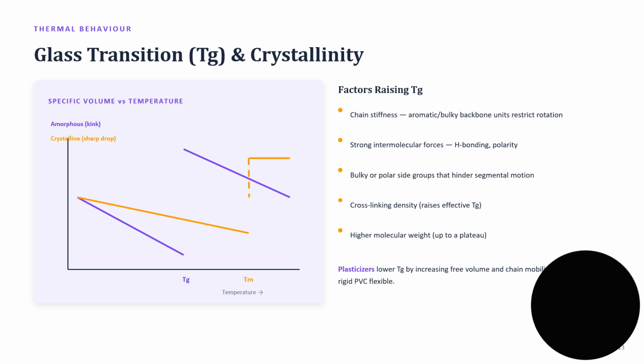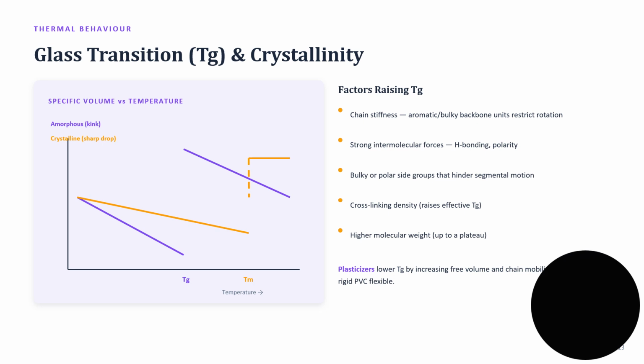Next topic, glass transition and crystallinity. Let's shift now from molecular level kinetics to bulk thermal behavior, starting with one of the most important properties in all polymer science, the glass transition temperature, Tg. Look at the plot of specific volume against temperature. For a purely amorphous polymer, as we cool down, specific volume decreases smoothly, but at the glass transition temperature there's